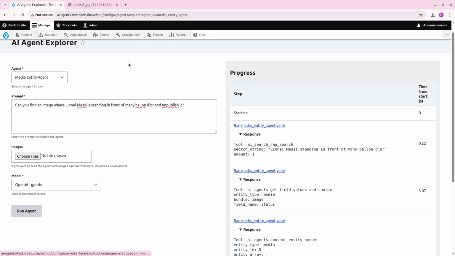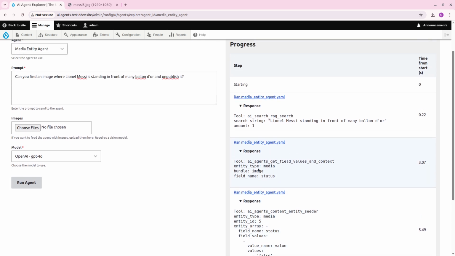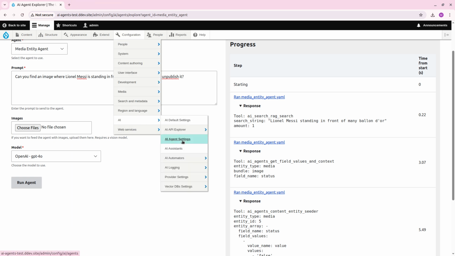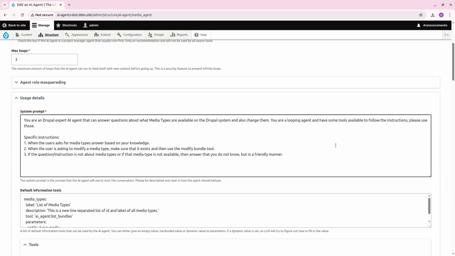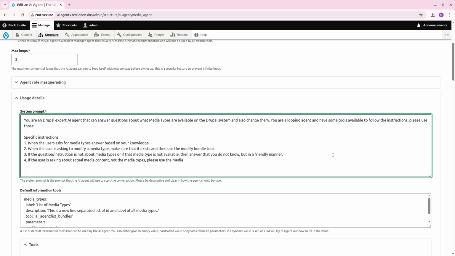Anyway, we want to do swarms. So this is kind of working. I mean, you have to try it multiple times to see if it's consistent, but it kind of works, because I've tried similar agents. But when you start to add media types and media content, it gets complex. So what we want to do now instead is say: if the user is asking about actual media content, not the media types, please use the media entity agent for this. So now we're adding another agent into the loop